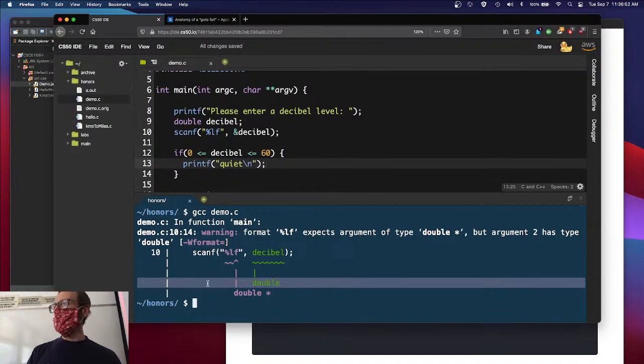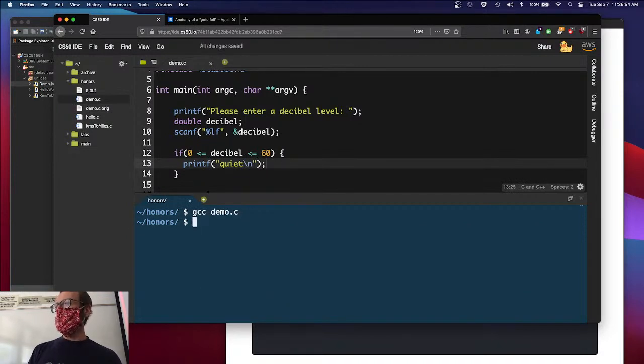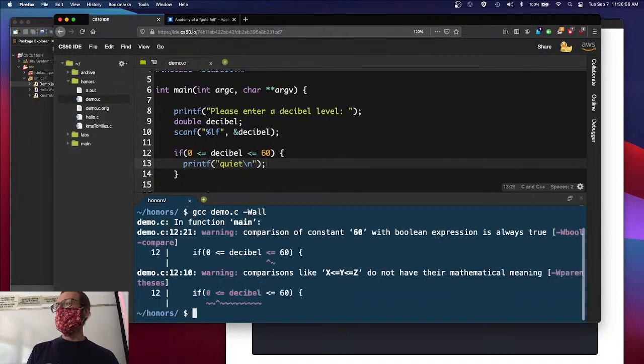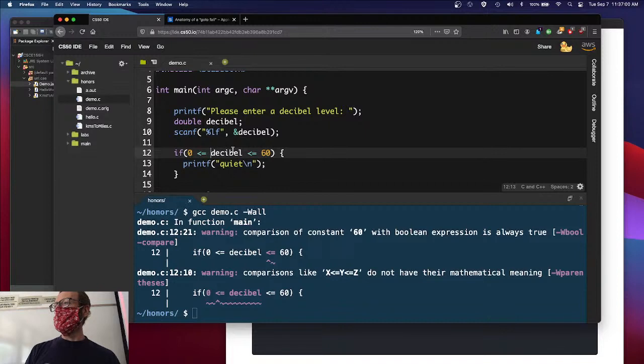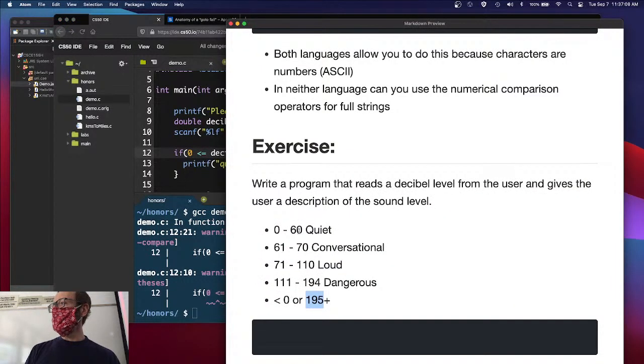Yeah, I'm going to have to split it, right? And I only know that if I use the proper linting tool, right? So if it's between 0 and decibel is less than or equal to 60, and then above 60, I didn't put in what happens at 60.5. I don't know, what happens at 60.5? It's greater